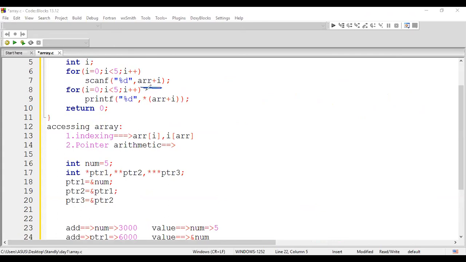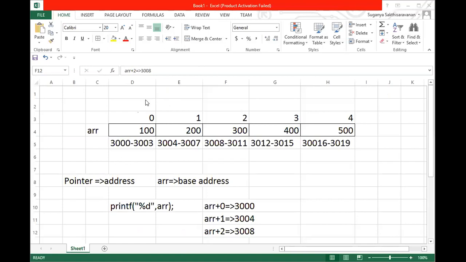So if I want to fetch the value in that address, and I mention ARR plus 0, it points to here, right? If you want to store a value, you'll mention ARR plus 0, ARR plus 1, ARR plus 2. This is how you'll be going in a sequence. If I want to fetch the value in the address, then I should make star of it. Got it? Whenever you're dealing with the pointer, to fetch the value in this address, make whole star of it. That is the reason we are putting star over here.